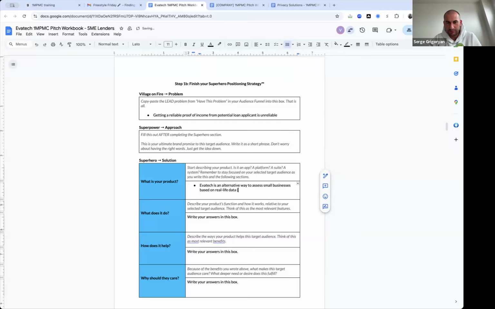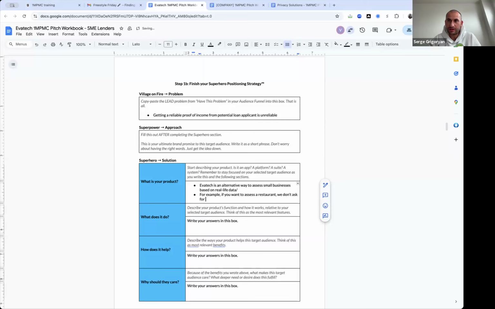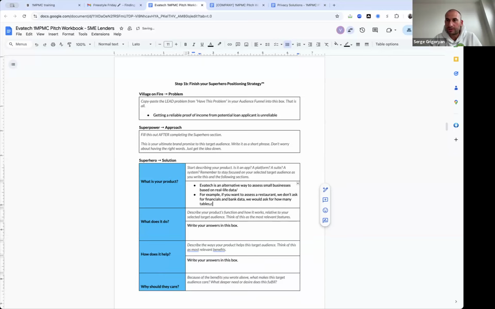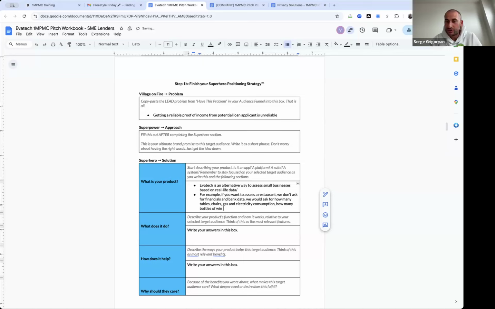If we want to assess a restaurant, we will never ask for any financials, bank statements, etc. We would ask how many tables do they have, how many chairs do they have, what is the consumption of gas, electricity, how many bottles of wine did they sell, how many ovens do they have, and how many fridges do they have. So these are the real life data that we use.